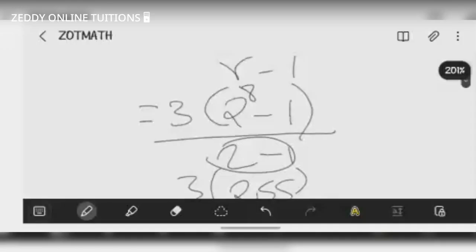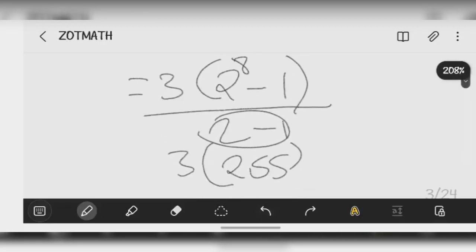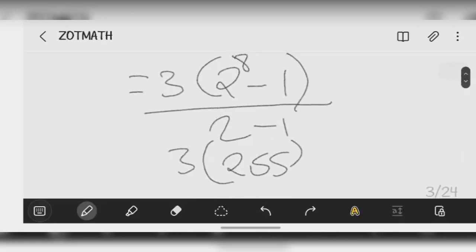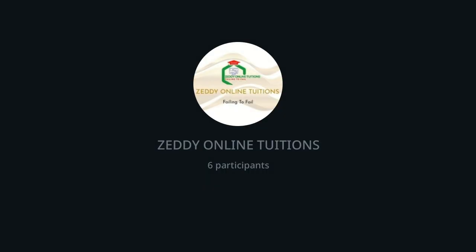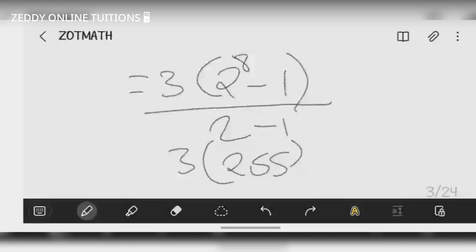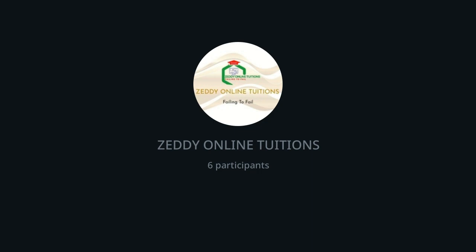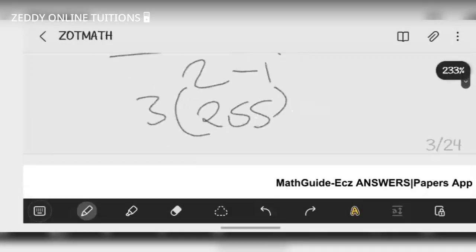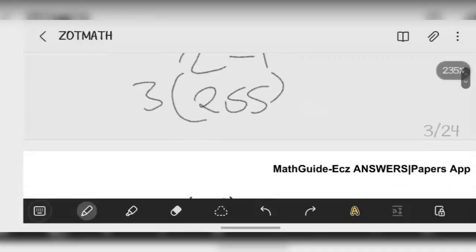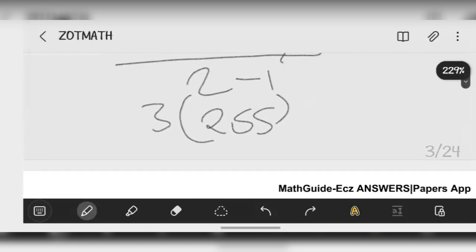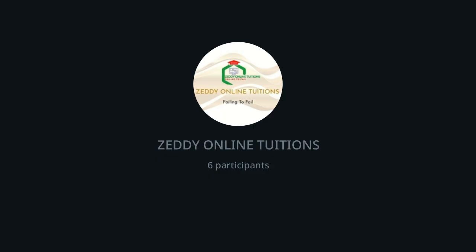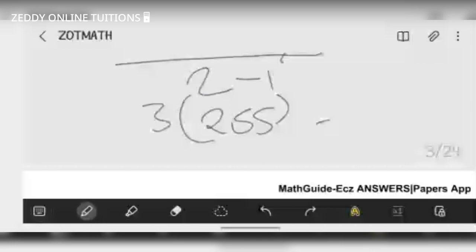When you calculate 2 to the power 8 you should get 256, so minus 1 gives 255. Then you multiply it by 3 again. Hopefully you've understood where the 255 is coming from, and then you divide by 1, which is the same. So the final answer, I'll write it here, is going to be